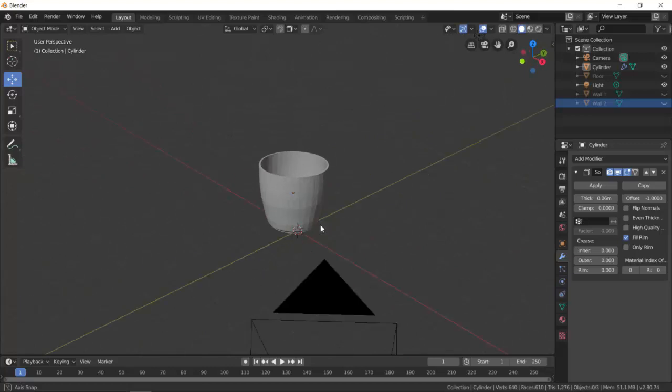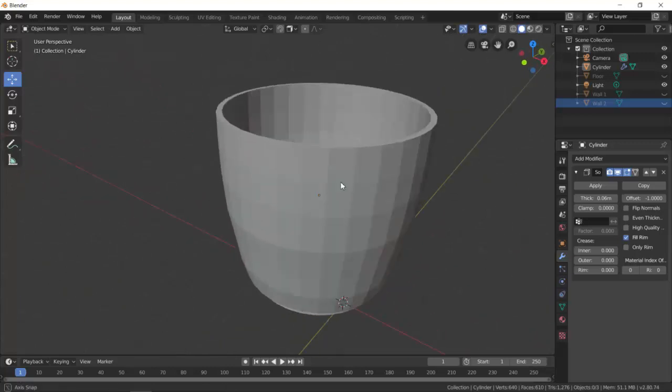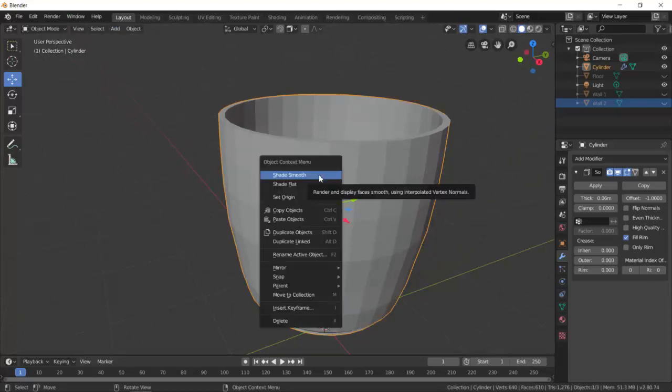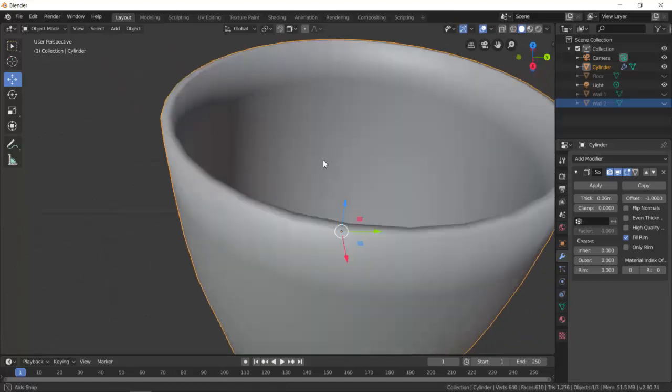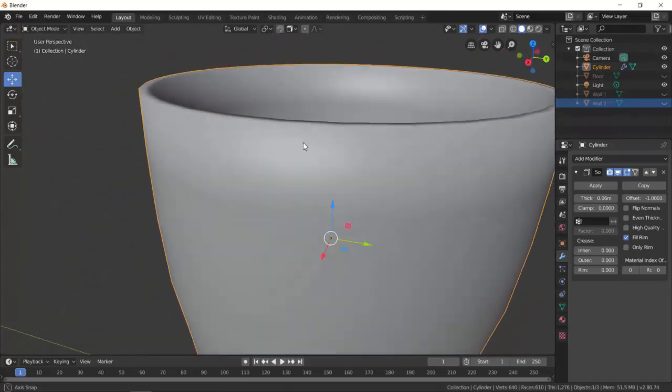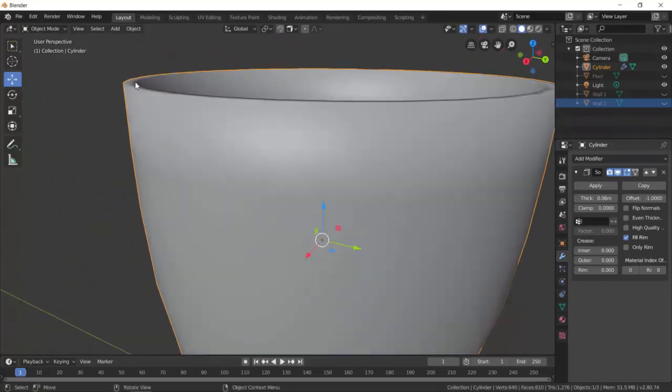Now, once I'm happy with my cup shape, you might be like, oh, it's a bit rough. So what I can also do is with my object selected, right click on it and go shade smooth. And I'll start to see what my cup looks like. Now I'm not entirely happy with this top here because it looks a bit rough, a bit flat. So what I can do is go back into edit mode